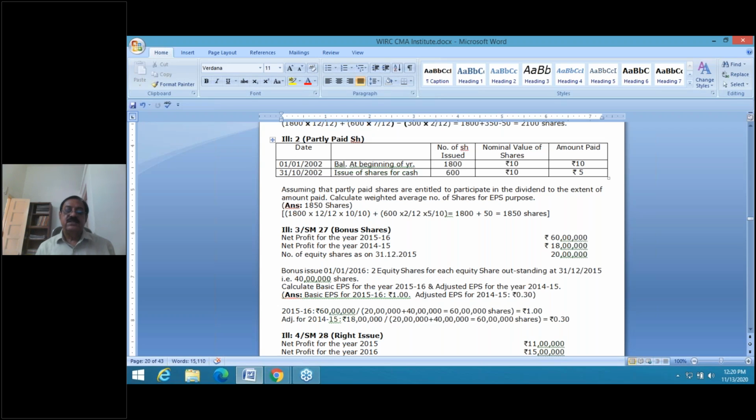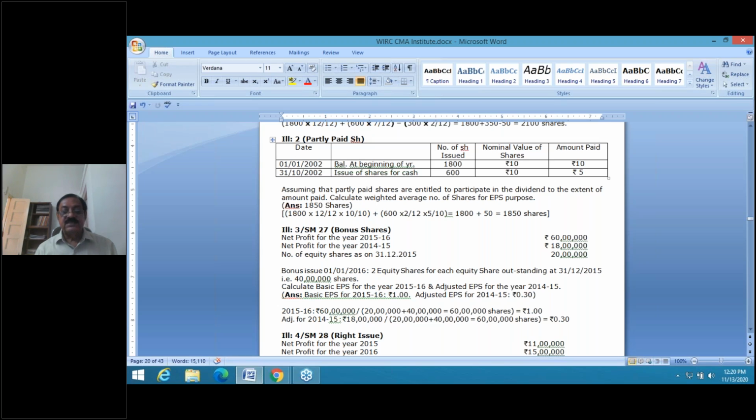So you will have to take the issue of equity shares not at the beginning of the current year, but at the beginning of even the previous year. So for the current year, the number of shares outstanding will be 20 plus 40 bonus, 60 lakhs. So the current year basic EPS, if I calculate it, will be 60 lakhs profit divided by 60 lakh shares. So it is 1 rupee.